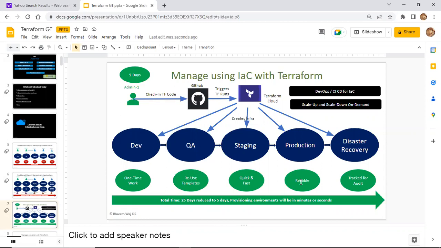We can create the resources faster. We can also track for audit, tracking the resources through the Terraform Cloud dashboard. All the things are automated, so we can also scale up and scale down when there is demand.